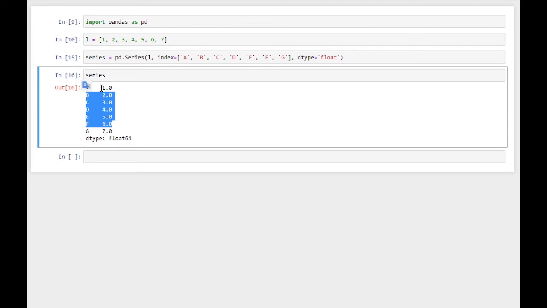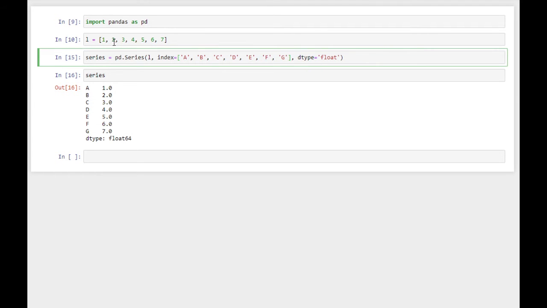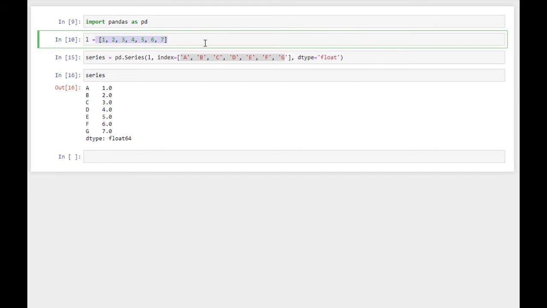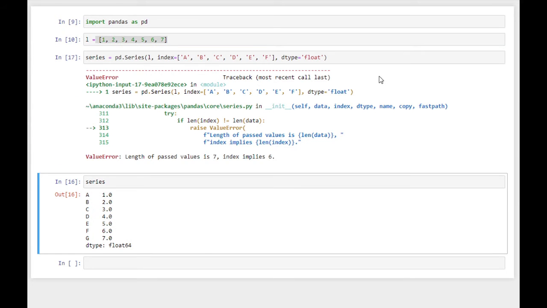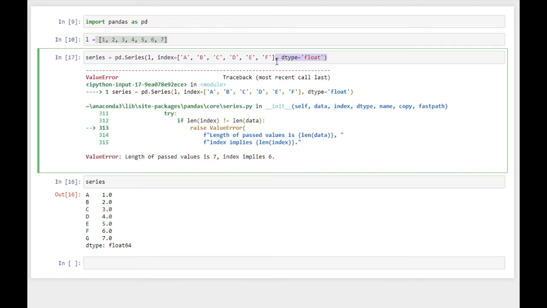Each integer was converted to float. Make sure that the number of items in the index list is equal to the number of elements in your list. If you remove any one of the elements from the index, it will throw an error.